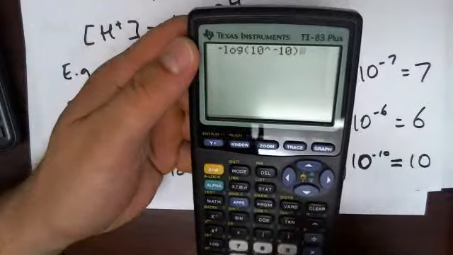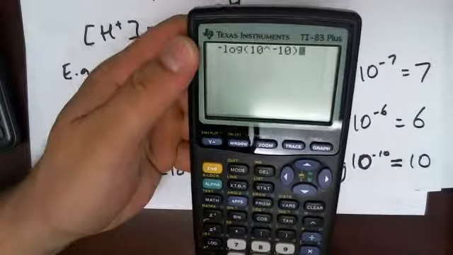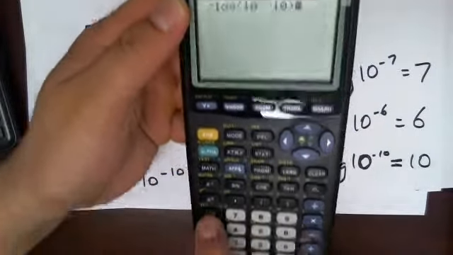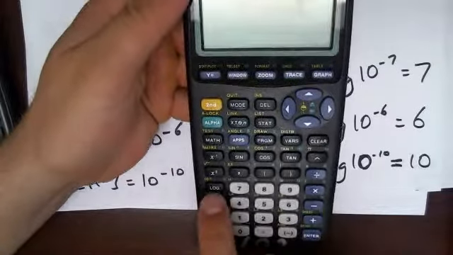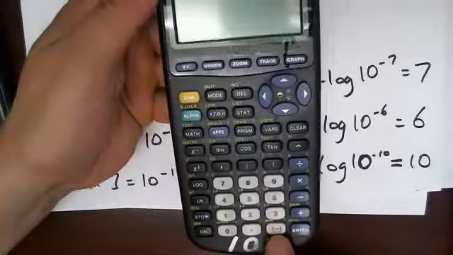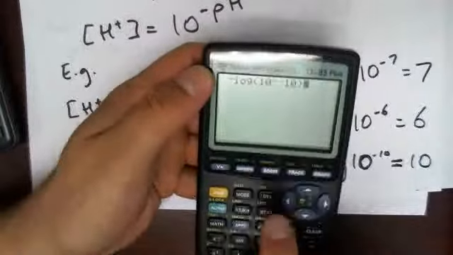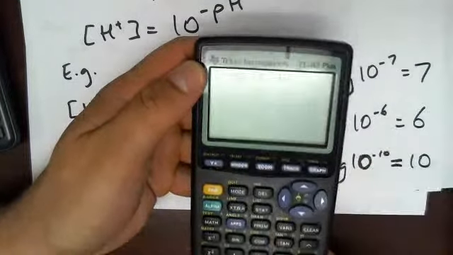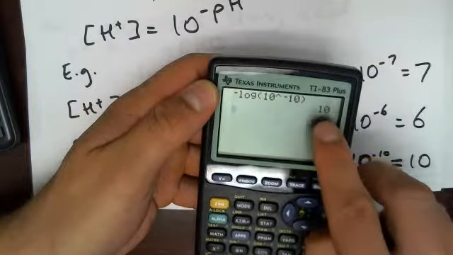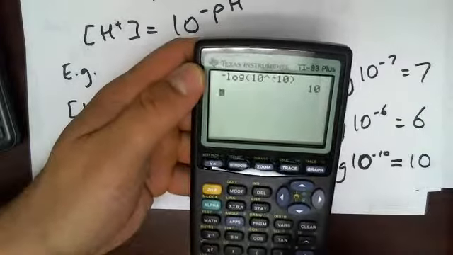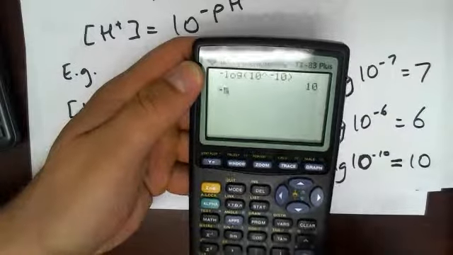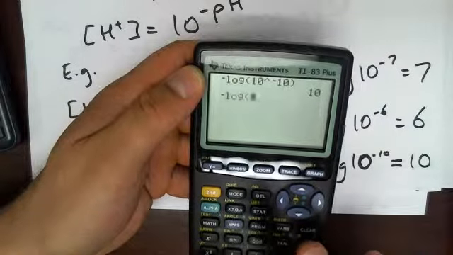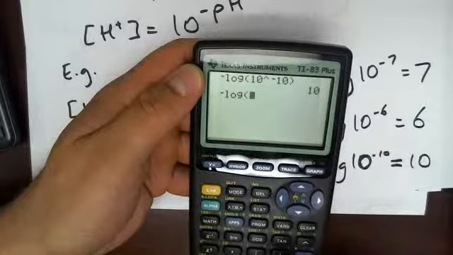So you can see the work I've done so far with the minus, the log button here, and then it's that minus sign there, and then 10 to the minus 10. And so it gives us 10 for the pH of 10. Sometimes students will use this other way of doing it, that have negative log, and then they'd enter this as